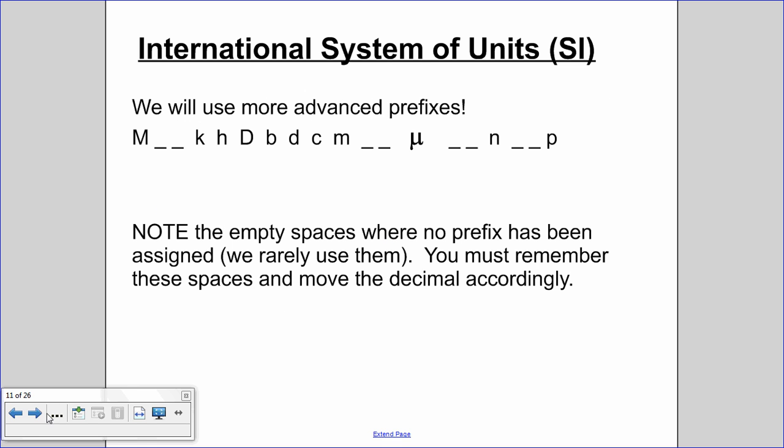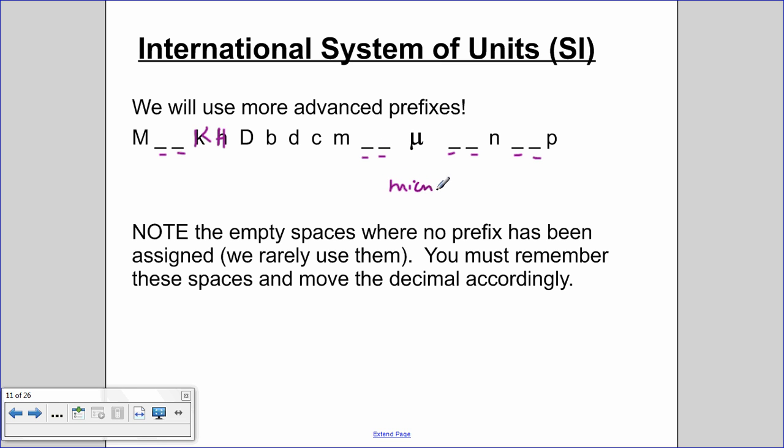And here we go. So here's our more advanced version. I've got spaces here to indicate that there are different prefixes here, but we don't use them that commonly. They're in your textbook, but we just don't use them. So all these spaces are prefixes. I just skip them so you don't have to memorize them. So here's our more advanced one. We've got King Henry died by drinking chocolate milk,